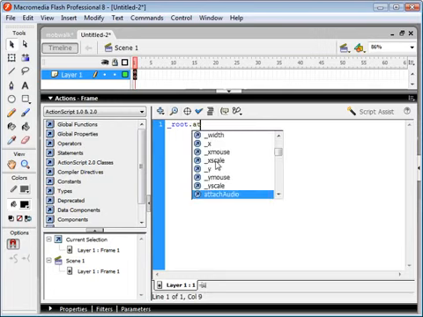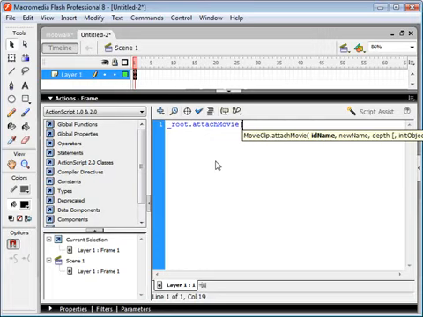And the command is attachMovie. And this function has 3 parameters that we need to set. We need to set the ID name, which is the linkage name that we set when we went to linkage in our library here. So that's going to be character,